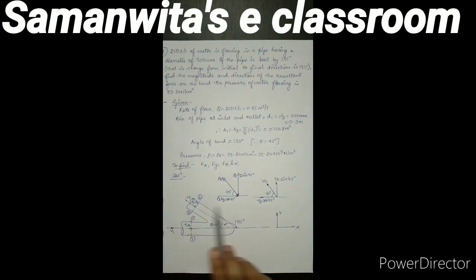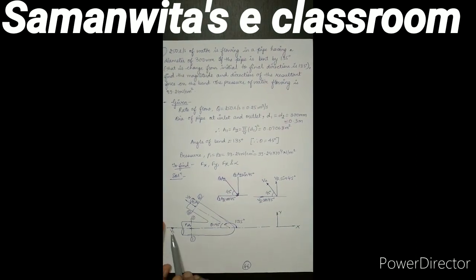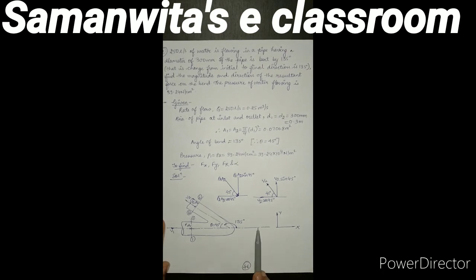We need to see the figure first because this is very important. What I have done is I have first drawn this horizontal axis, then I have marked the angle at which the pipe is bent. Now it is not mentioned whether the pipe is bending anti-clockwise or clockwise with respect to horizontal axis. It is my pure assumption that I have marked as anti-clockwise. You can also solve the problem by marking the axis something like this, and you can mark your angle in the downward direction. In that case, you will have some other values as the answer. Now here this is 135 degree, so this angle is 45 degree.